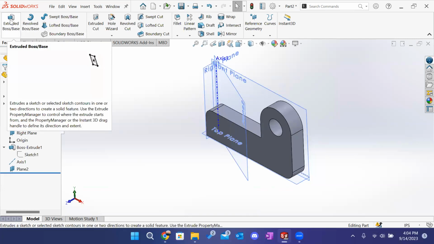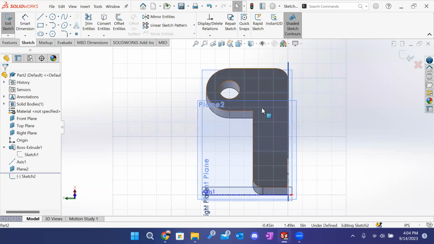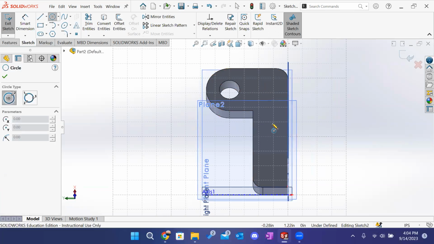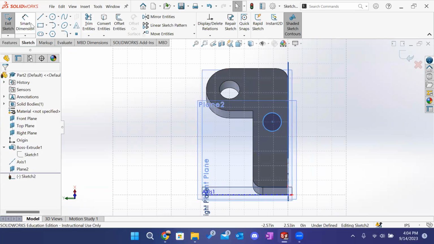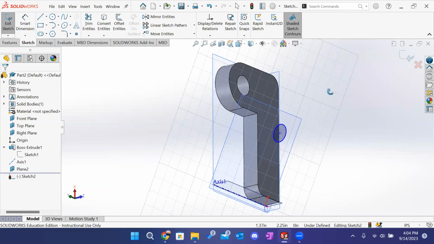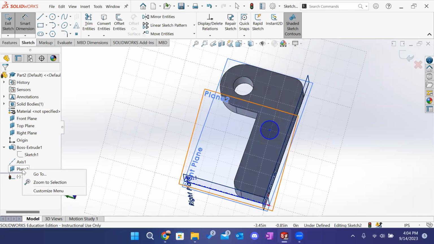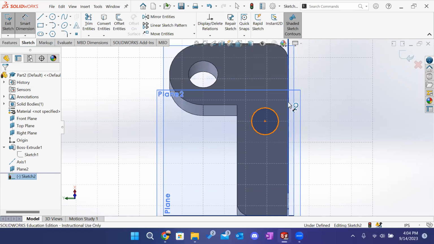So let's say I want to extrude a feature from this plane, and I want to make a circle that goes and meets up with this surface here. What I would do is make this part right here, the circle. So again, I'm not sketching anything at all besides just this plane. So it can be kind of confusing to see that. Again, I'm going to go normal to this plane, as you can see. I'll make the circle